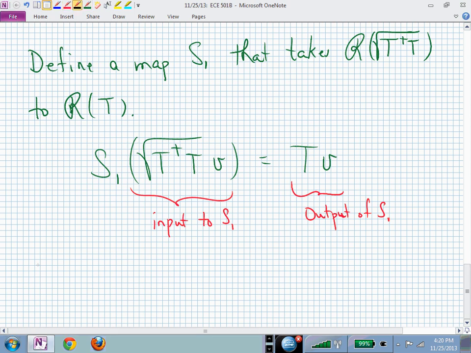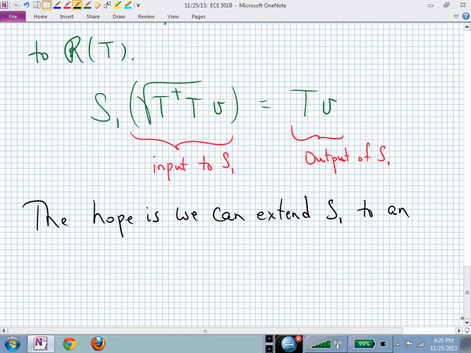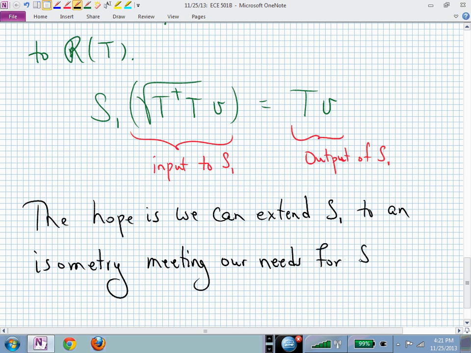And the hope is we can extend S1 to an isometry